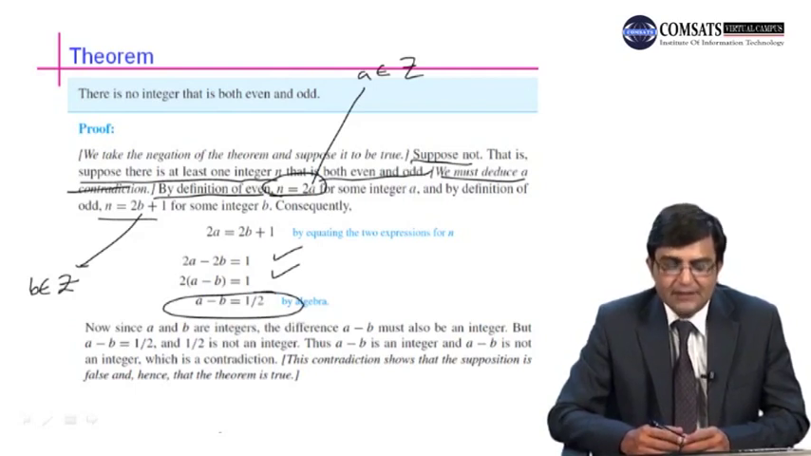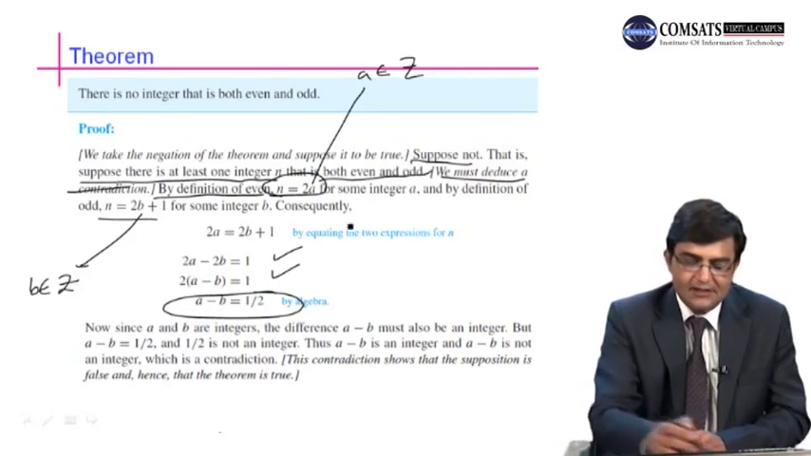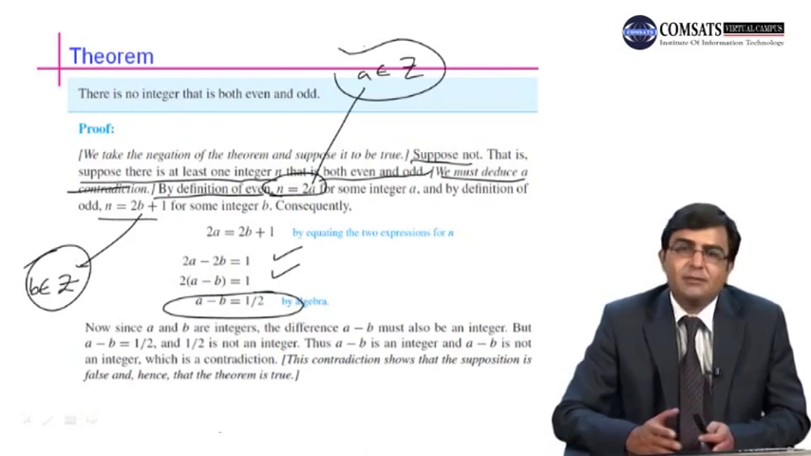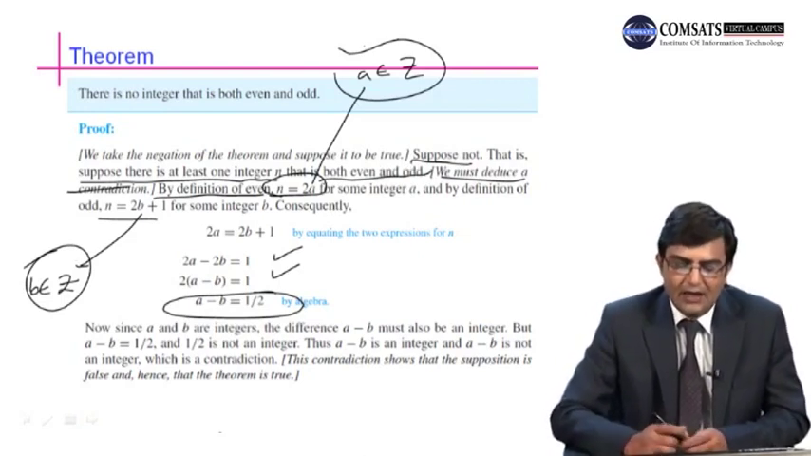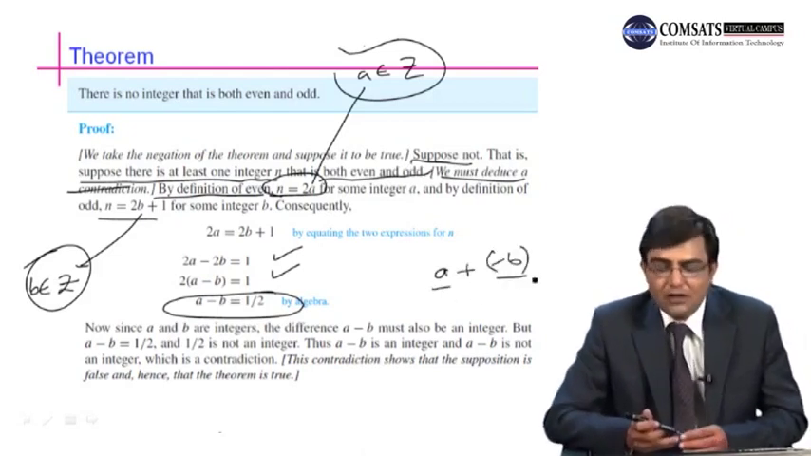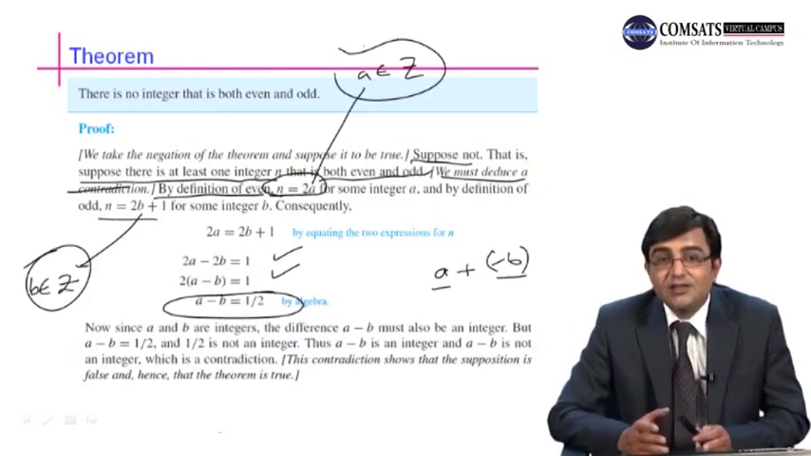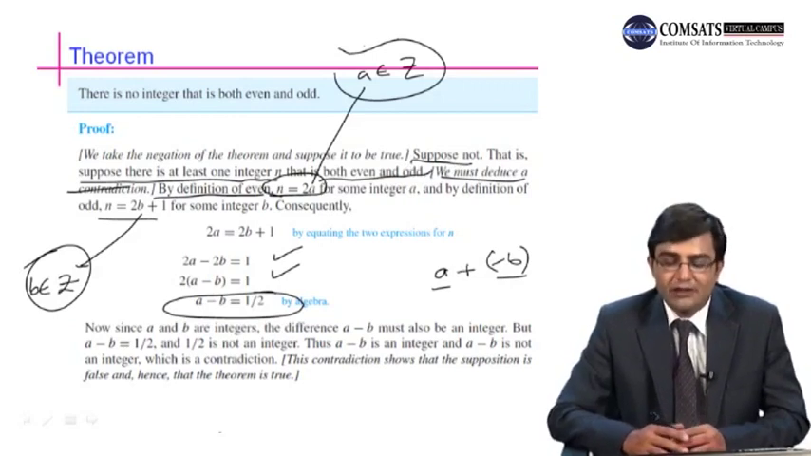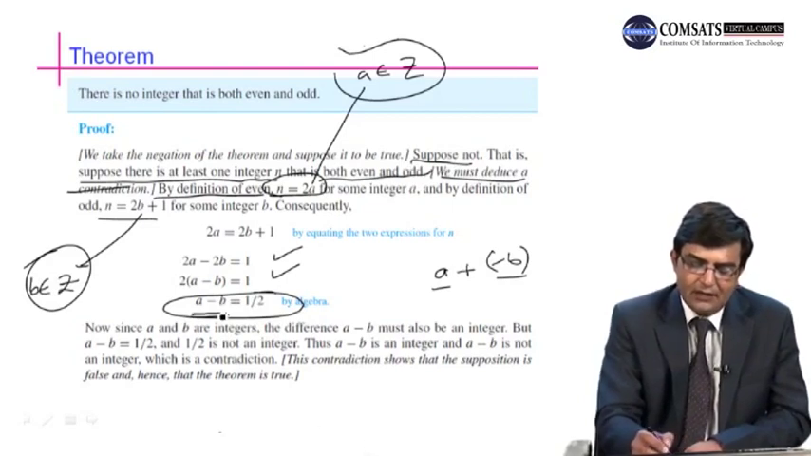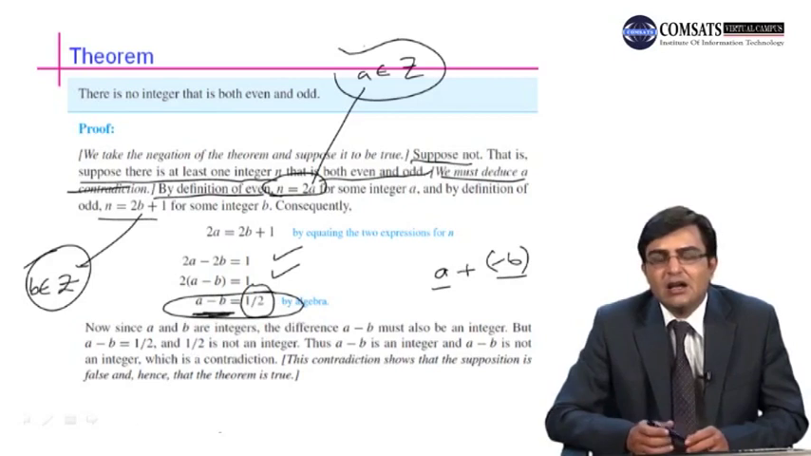Now since a is an integer, as we have supposed here, and b is an integer, and we know that the sum or subtraction of two integers is an integer. If we take a plus or minus b, we can say that it is a sum of two integers. We have proved already by using the direct method the sum of two even integers. We know that the sum of two integers is also an integer. So here a minus b is also an integer, but here we have 1 by 2, which is not an